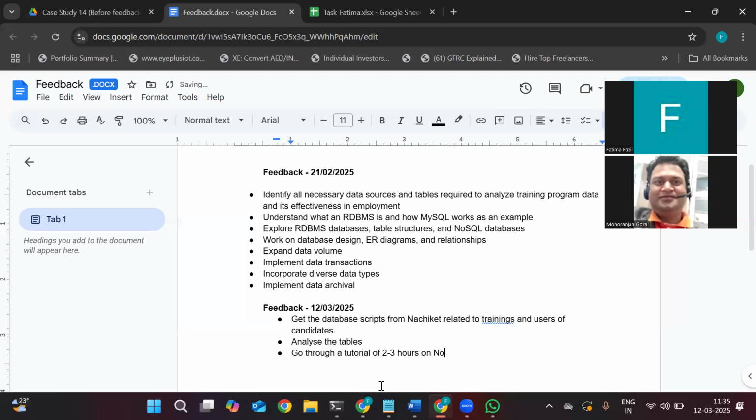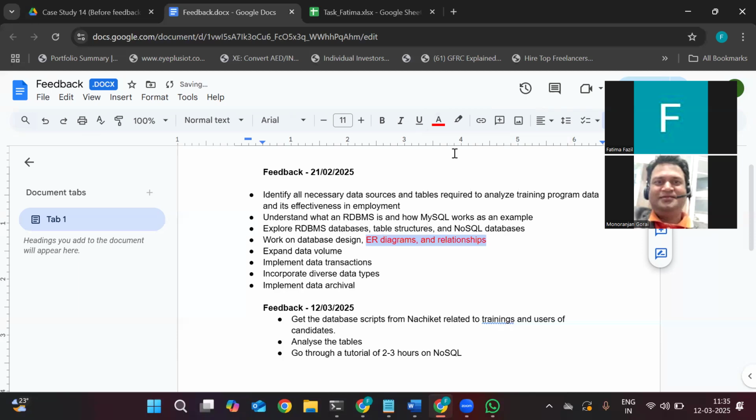These are all preliminary. Okay, so these are mandatory to learn before you go further. And work on the database design, ER diagrams, and relationships. So did you make any database design? I mean, RDBMS is a database design, right? SQL. So that is something I'm working on. But ER diagrams and relationships, that's something I have to still work on. Okay, so can you mark that point as red? Yeah. The previous feedback. Should I just highlight? Yes, highlight it and mark it as red.